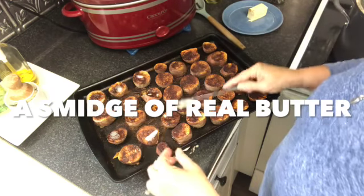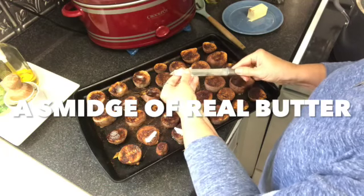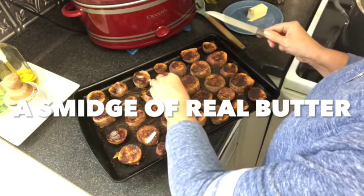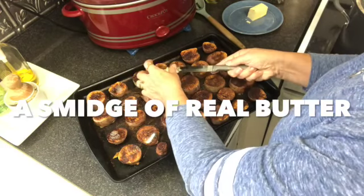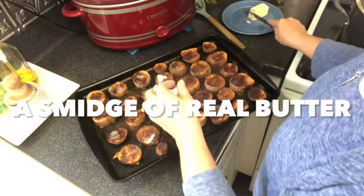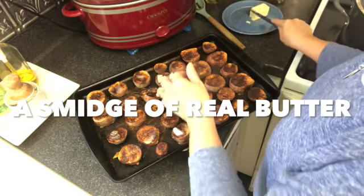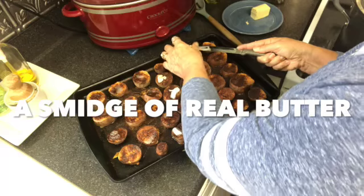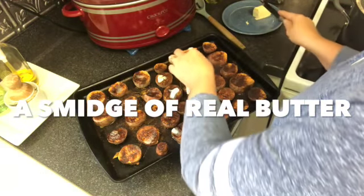And as these set, you're going to see they just taste better and better and better. So even room temperature, they're delicious. And even refrigerated, I'm going to show you how you can take these out as leftovers and just grab you a bite of sweet potato pie. It is to die for. So this is just the perfect little side dish to spice up any